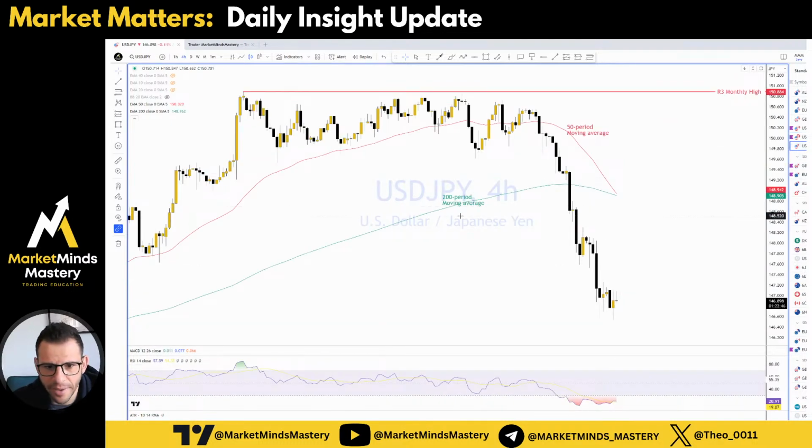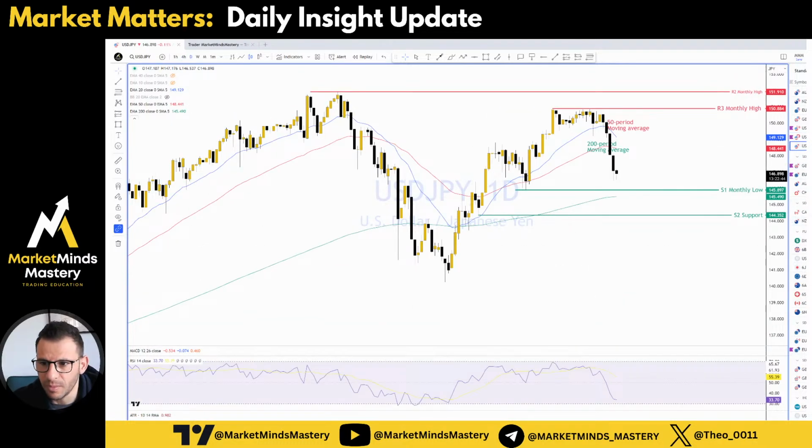And USD JPY, the market is moving aggressively to the downside. There is still room for the price to retest the previous month's low, which is this one here, around 145.49. Oh, sorry, not 145.49, 145.89. So still some room for the price to move there. This is the daily chart. Now if we check the 4-hour time frame,